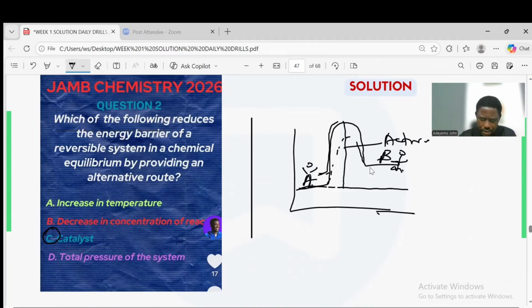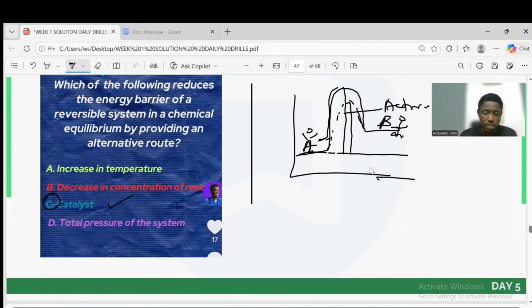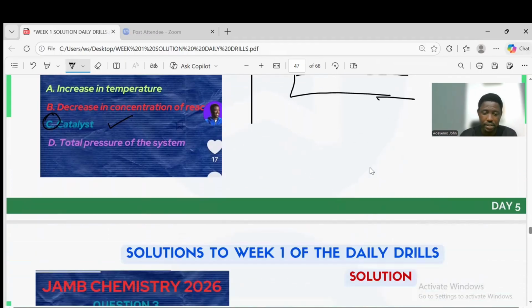Can you see this alternative route and it has lowered the activation energy? So when you see that definition of something that reduces activation energy is actually catalyst, don't joke with it. The rest we're going to talk about possibly when we discuss chemical equilibrium and how this affects rate of